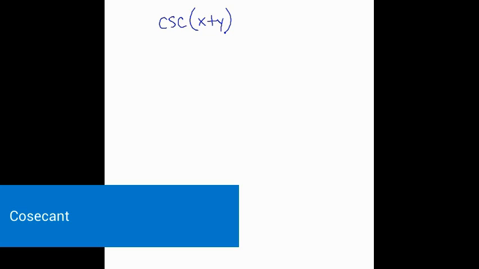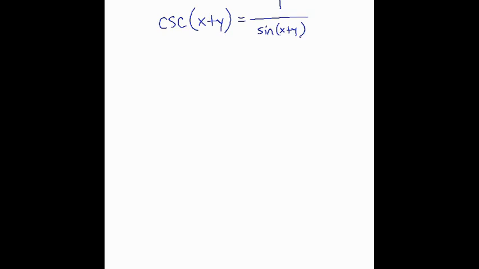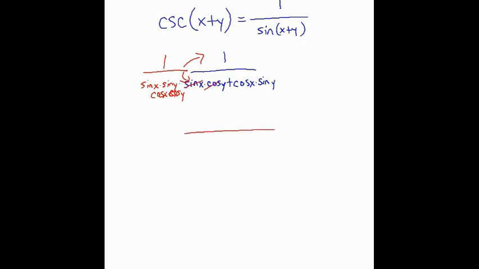Let's go ahead and get the addition identity now for cosecant and complete the set. So I'm going to start by writing it in terms of sine. Let's go ahead now and get the addition identity for sine. Like secant, let's go ahead and see if we can put this in terms of cosecant and secant. So let's go ahead and multiply everything by 1 over, and that's both top and bottom. We'll get this and this to cancel out, but we'll effectively just be left with